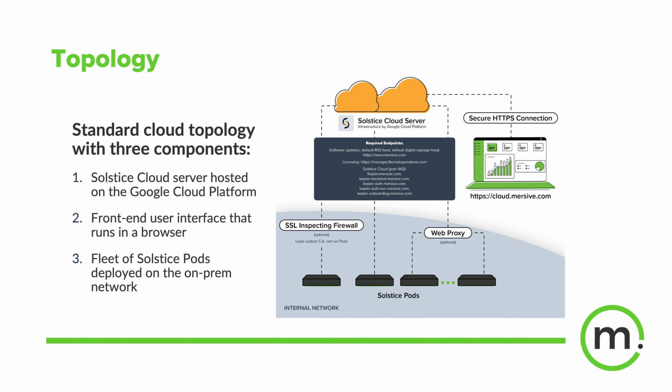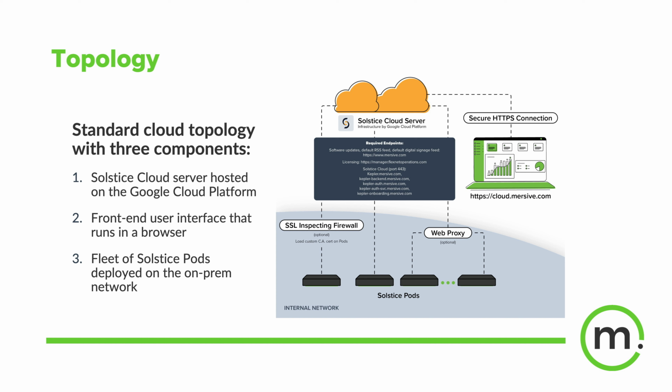What does the topology look like? It's pretty simple. We didn't try to reinvent too many wheels with this. Like I mentioned, there's already pretty baked, pretty secure web architecture that has solved similar problems before. So we didn't reinvent any wheels. There's a cloud server that lives in the cloud. Obviously, we are using Google Cloud Platform as our infrastructure provider. And your devices that live in your internal network, which is this gray area here,